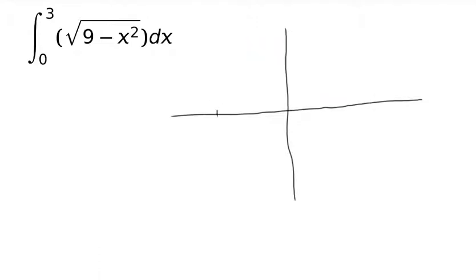Let me see if I can draw it a little bit better. So it has radius 3, so that means that this point right here is going to be negative 3, and that's going to be 3. So let me just label those. This is negative 3. This is 3. And of course this right here, put a point there, is 0. And we're interested in the integral from 0 to 3